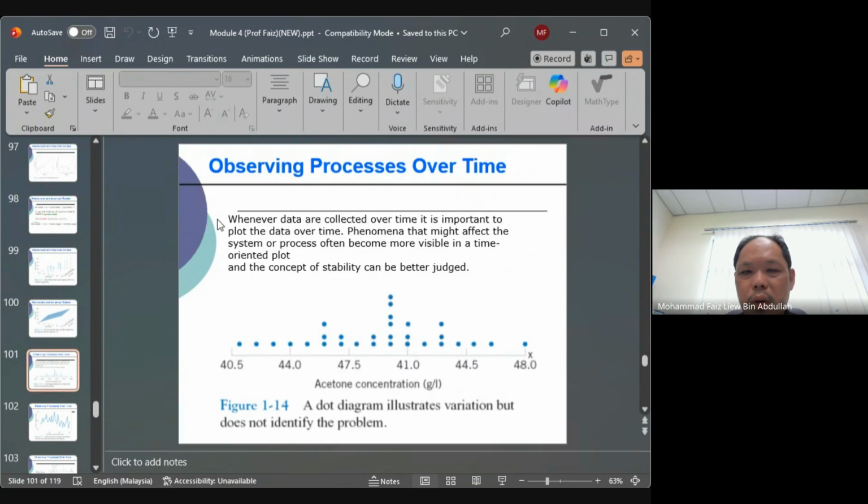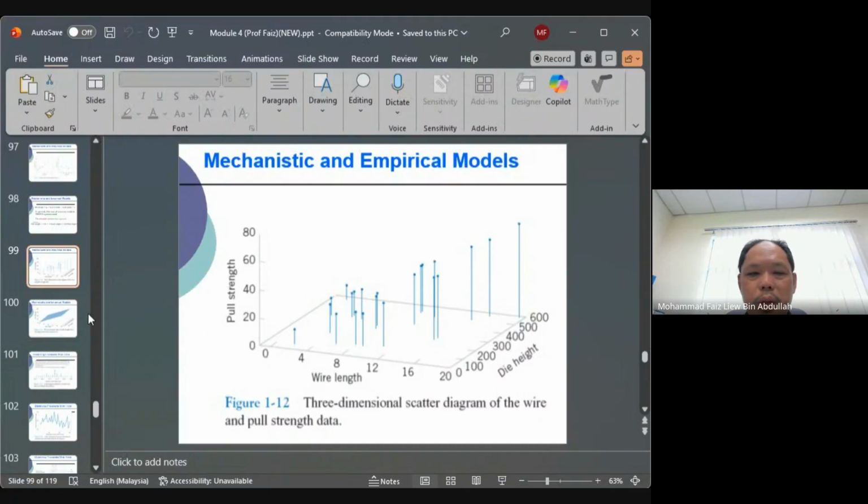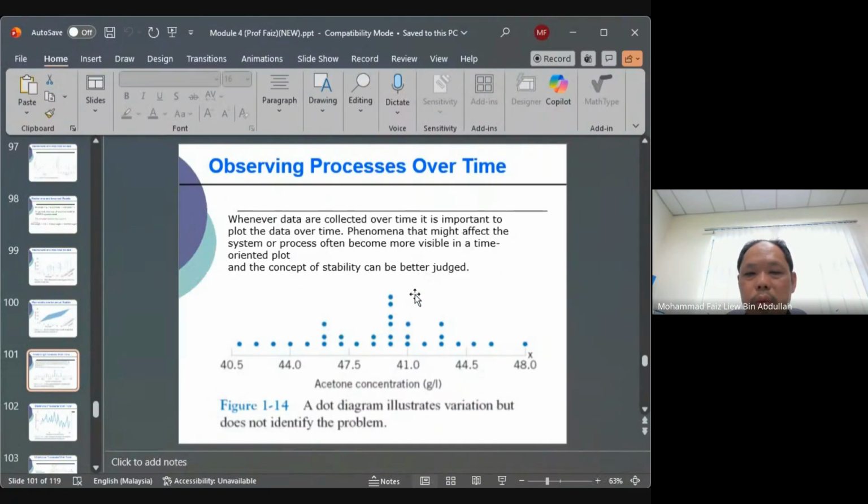Okay, so whenever data are collected over time, it's important to plot the data. This one I've shown earlier. So this is the photon concentration. These are the observation process over time. Which means that like this, it's plotted only one time you measure. This one is plotted with observations made many times, maybe many hours. So you can see after 10 hours, you can observe that acetone has a lot of concentration around this area, then this one around this area. Or you can plot a graph like this,